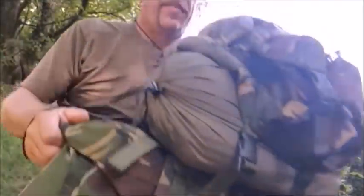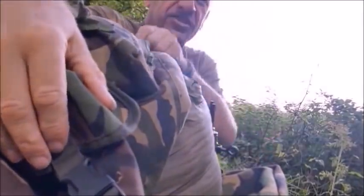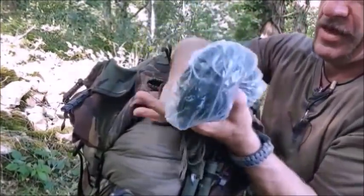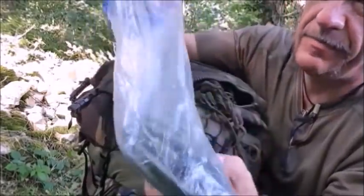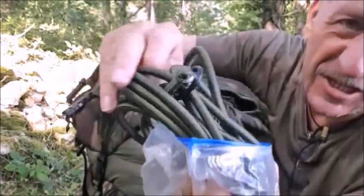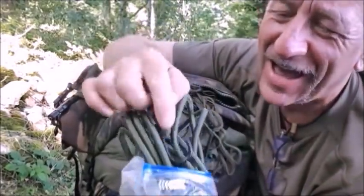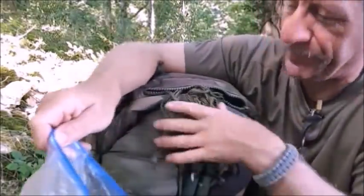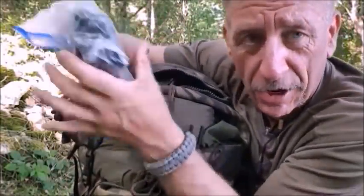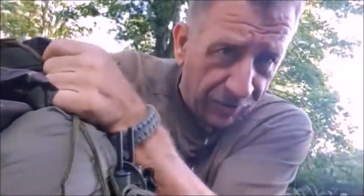And that brings us to this top lid here, which is side access zip, and this is the shelter kit. It should consist of 10 18-inch bungee cords like that. I have 6. I've saved a bit of weight just by taking 4 out. I much prefer using cordage, actually. It's lighter and more compact, but again we are replicating British service as a bug out bag. The basher